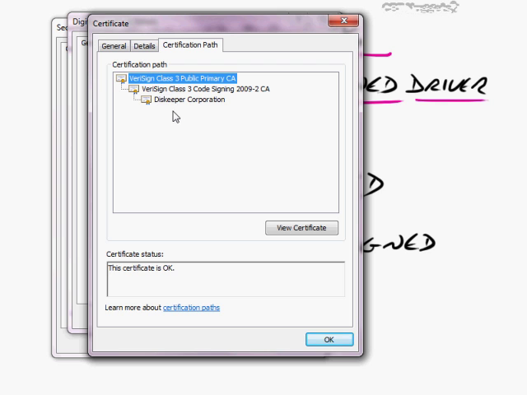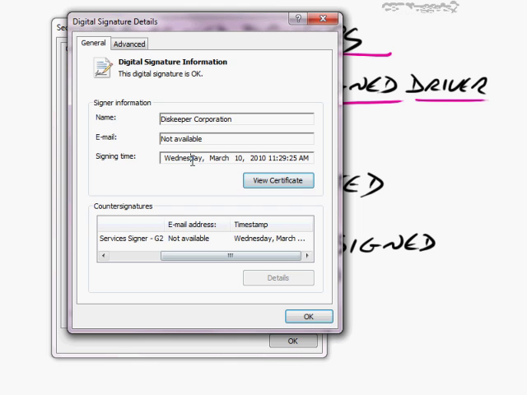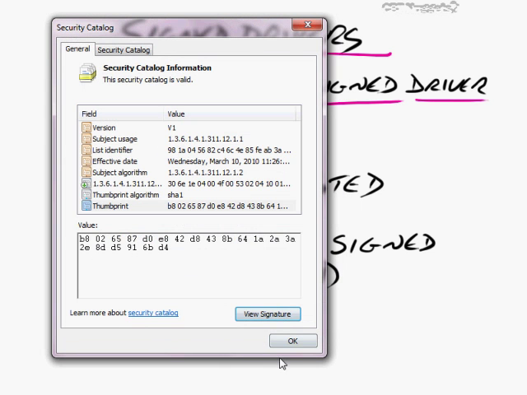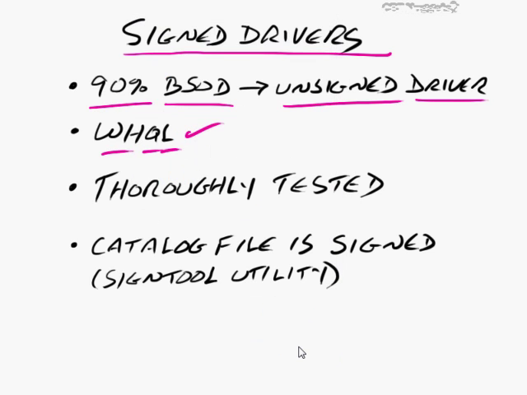There's a whole chain that goes on, and this chain of trust must not be broken. So, for example, if there was an issuance later on that says that this particular CA got compromised and its certificate got revoked, then any certificates that were issued by the CA, such as this one, would then be bad and they would all have to be reissued. Okay. So anyway, it's signed, it's got a good certificate, therefore Windows knows that this is a trustworthy driver,